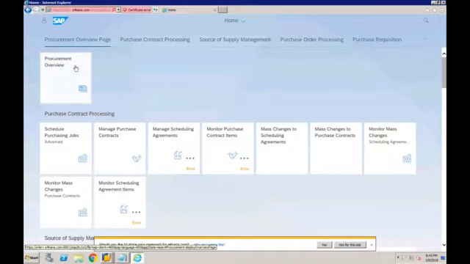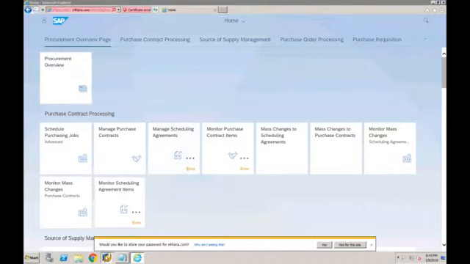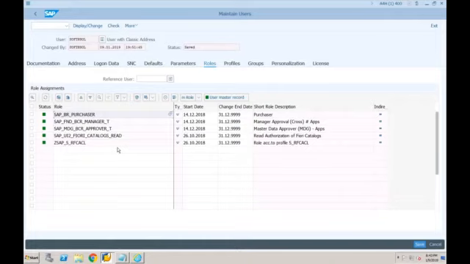Okay, so in short, some of the apps are transactional apps, some of the apps are analytical apps, and the remaining apps are fact sheets. Now, when I provided the access to this user, let me delete all this to avoid any confusion.